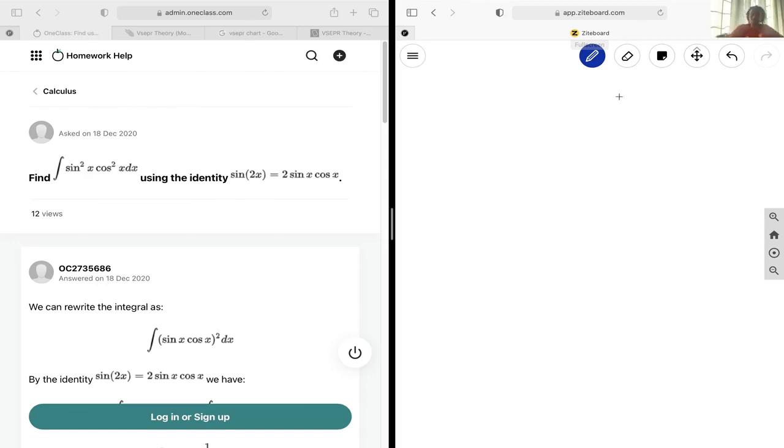Okay, so for our next question, we are looking for the integral of sine squared x cos squared x dx. Initially, we're going to use the double angle formula stated here